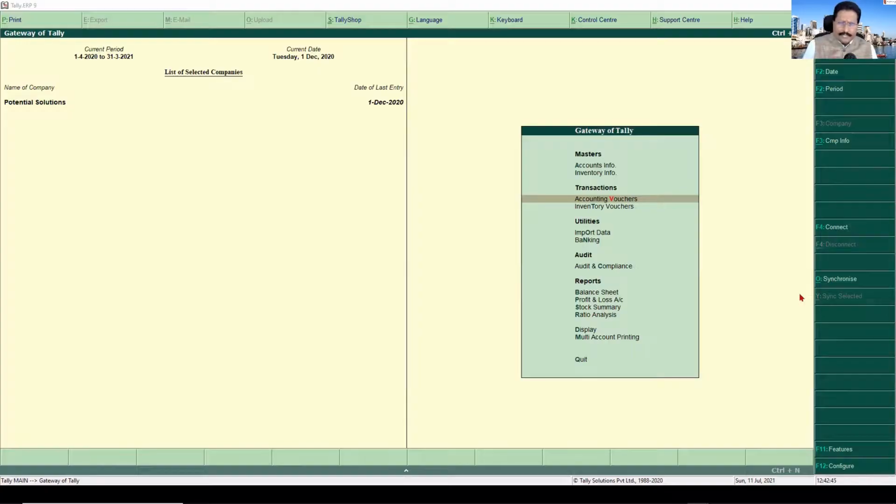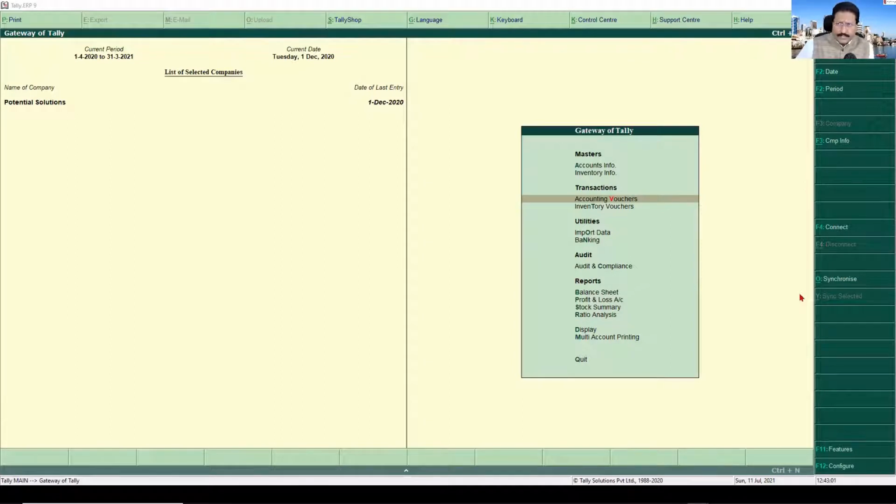I will just use one use case and see. You will notice that there is no difference between whatever we saw in Tally Prime and what you are working on in Tally ERP. It is going to be the same thing. I have in fact replicated all the transactions from whatever we saw in Tally Prime in Tally ERP also. So first, how do we go to the